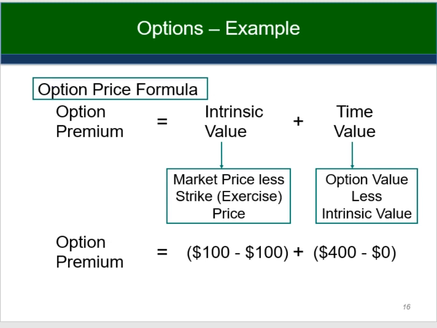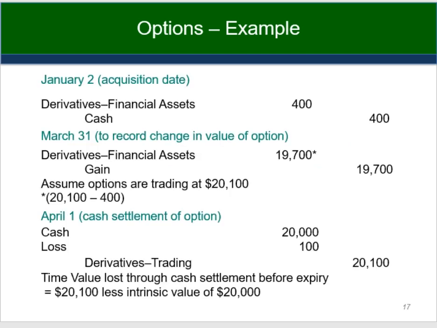So the option price has two pieces. The value of the option has two pieces: the intrinsic value, which is 0 at the time of issue, and there's a time value which represents the $400 because there's no intrinsic value. The time value is everything that's not the intrinsic value. So $400 at the time of issue is the premium that you pay. That's essentially all time value because the option is not in the money at its initiation.